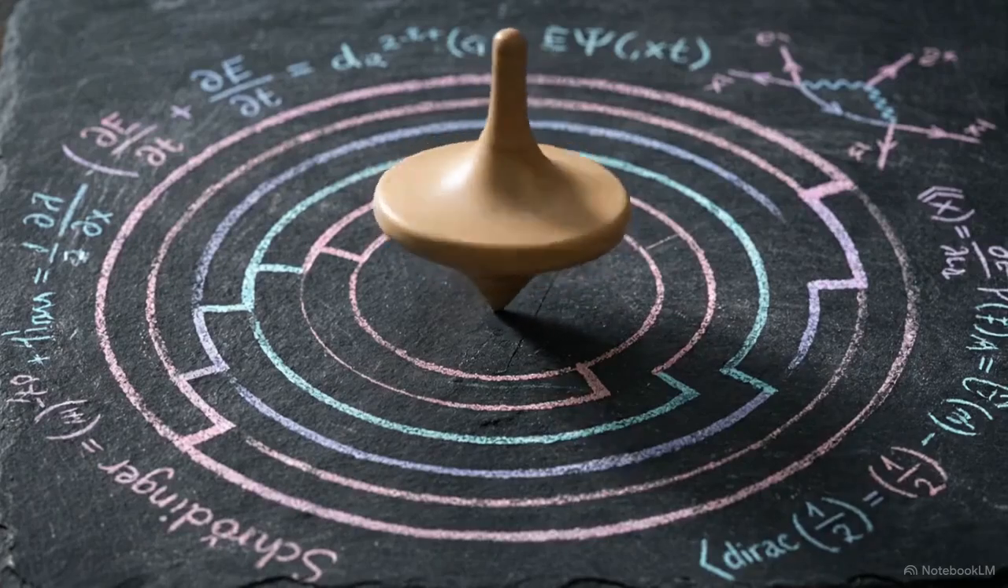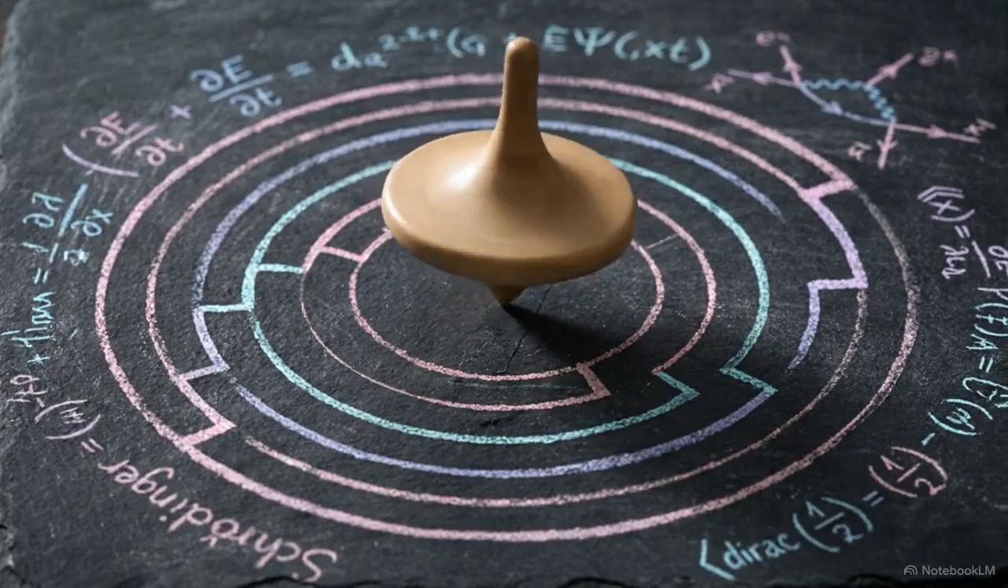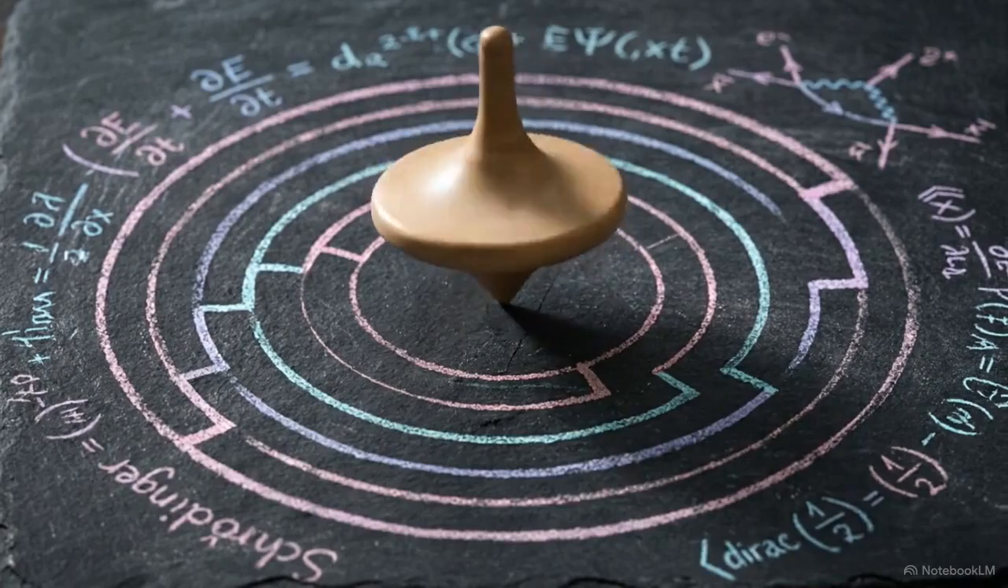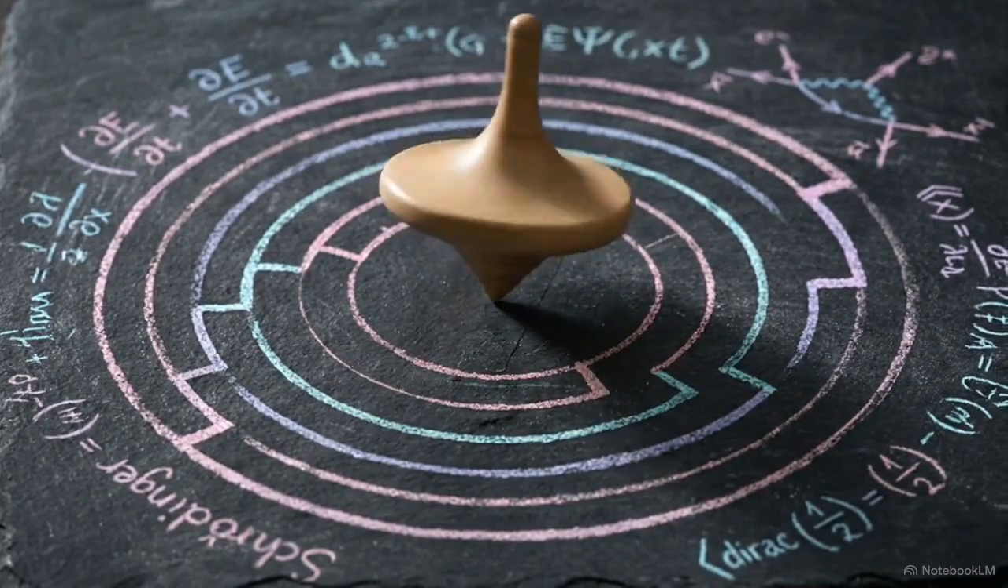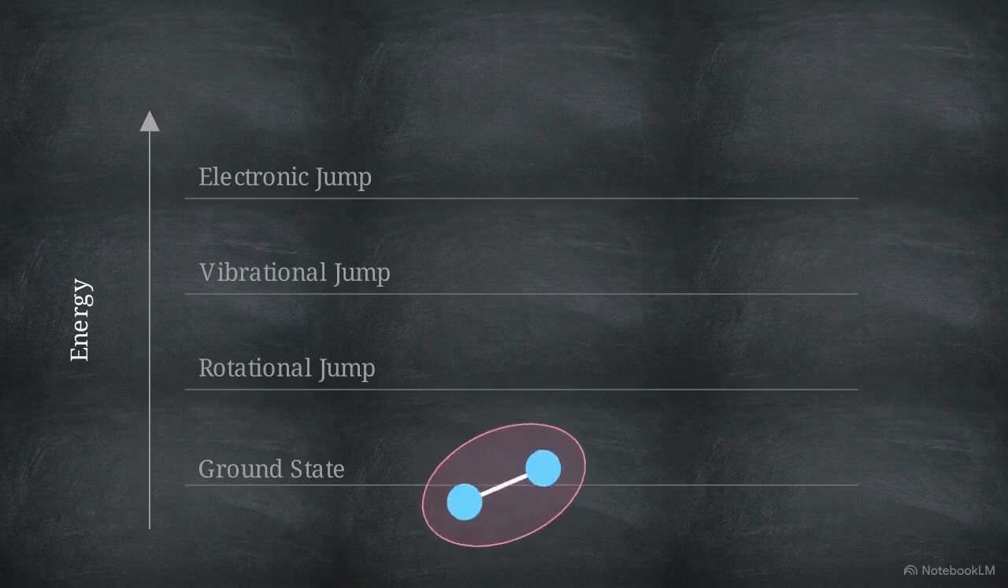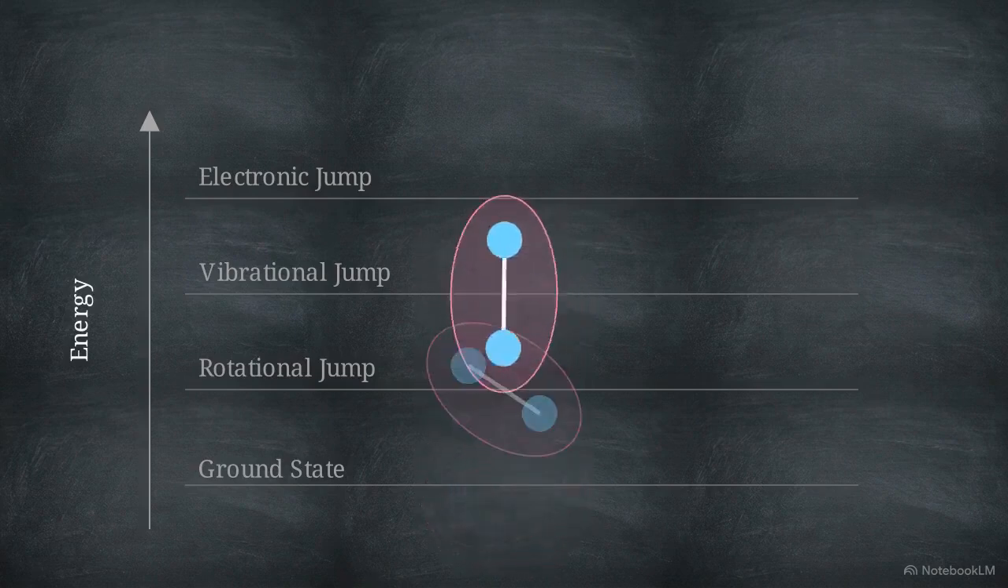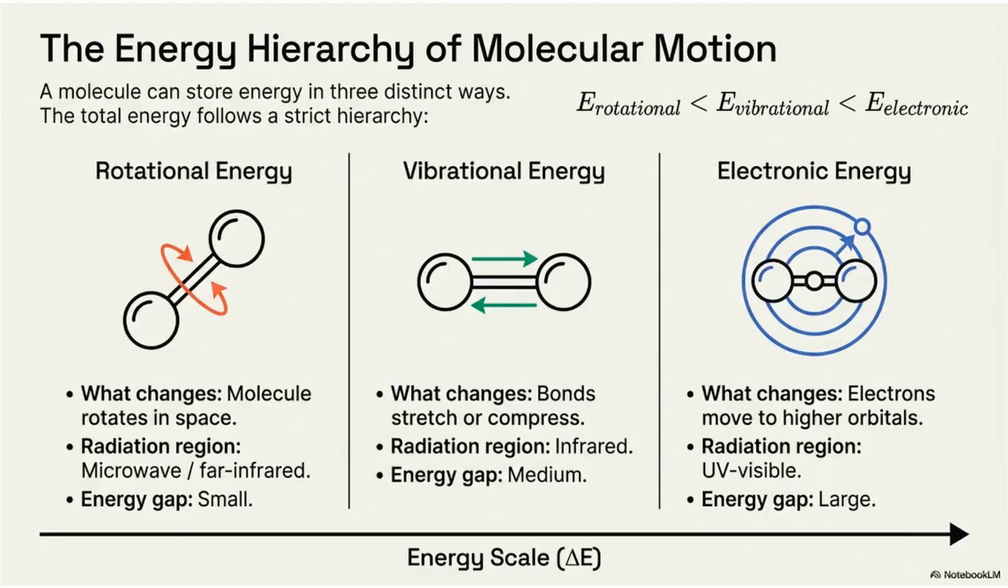If you spin a physical top, it slows down continuously, shedding energy in a smooth, unbroken gradient. Molecules do not. A molecule's energy states are strictly discrete and layered. They do not glide between states, they snap. This infographic compares the three distinct ways a molecule can store energy, establishing a strict stacked hierarchy: rotational, vibrational, and